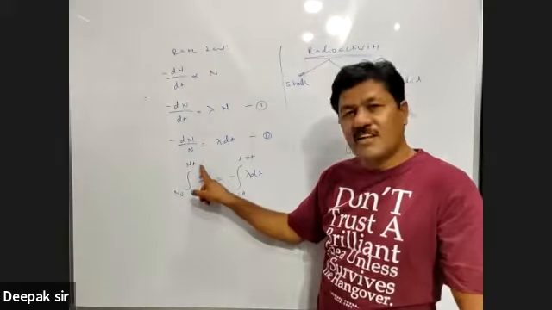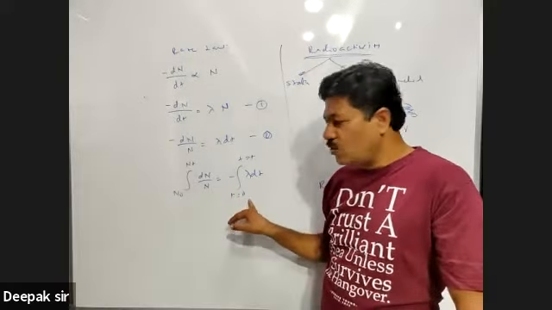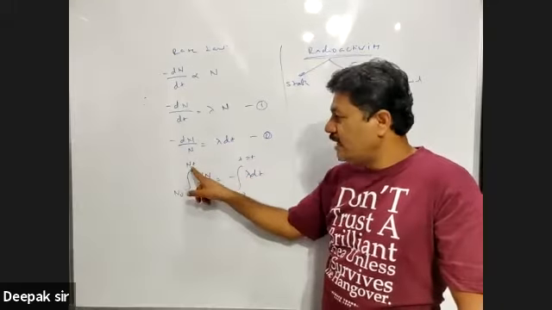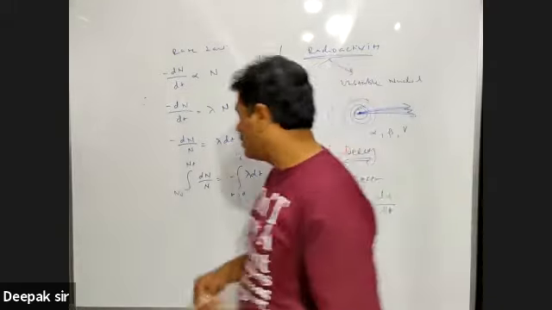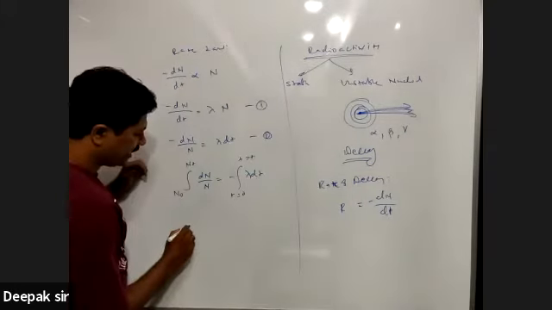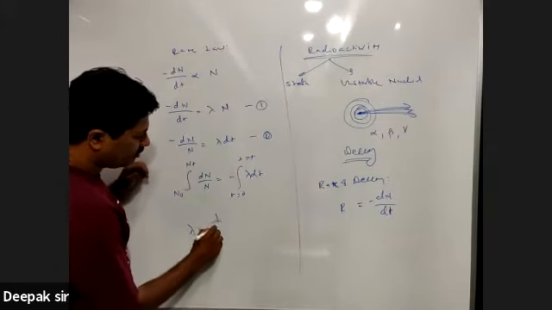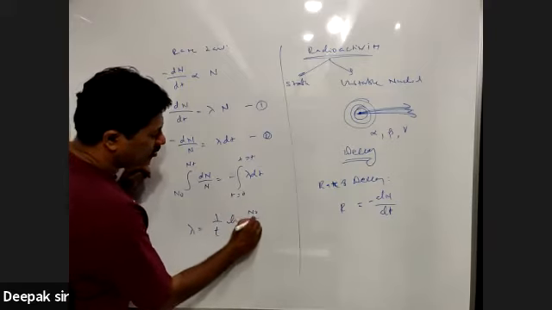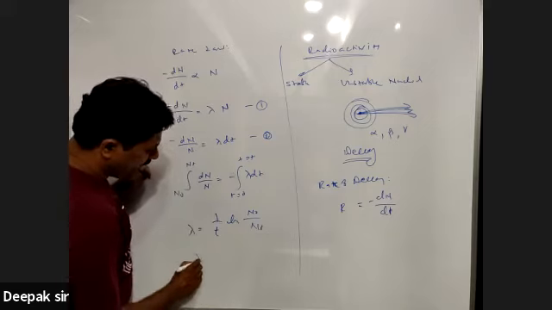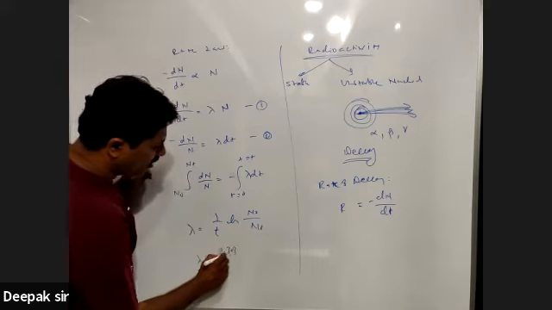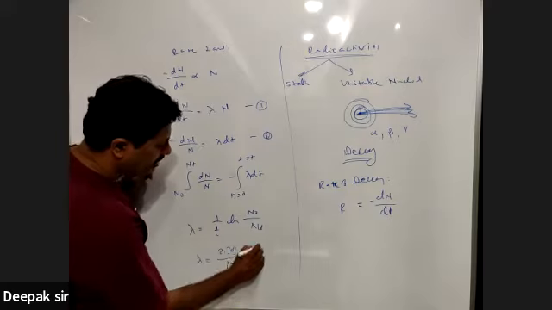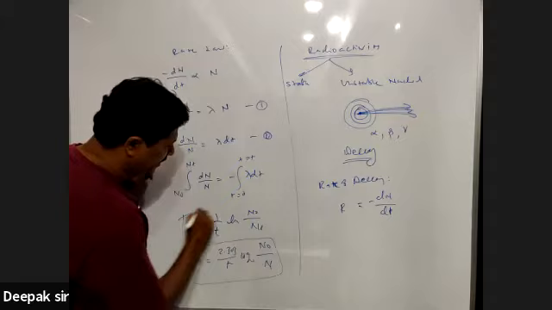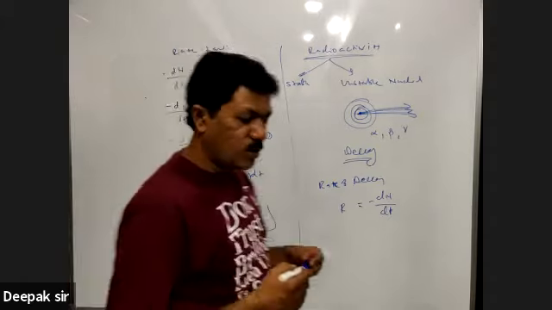amount, nt is the final amount, time t is equal to 0 जब हमारे पास n0 एटम्स हैं, और time t is equal to t when nt एटम्स बचते हैं। और इसे जब हम लोग सॉल्व करते हैं तो फाइनली हमने इक्वेशन दे रखा था कल, लैम्डा इज इक्वल टू 1 अपॉन t ln n0 अपॉन nt, या फिर लैम्डा इज इक्वल टू 2.303 अपॉन t log बेस 10 n0 अपॉन nt। ऐसे ये दो इक्वेशन हमने डिराइव किए थे। दिस इज नथिंग बट इट्स इंटीग्रेटेड रेट लॉ।